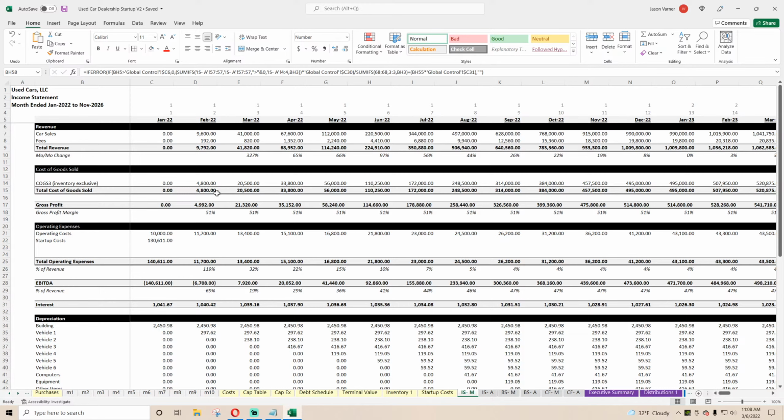So going good here. Keep it going. Definitely huge. This used car dealership, used car lot model got a lot better with this upgrade. A lot better. So I'll see you guys tomorrow on it, and